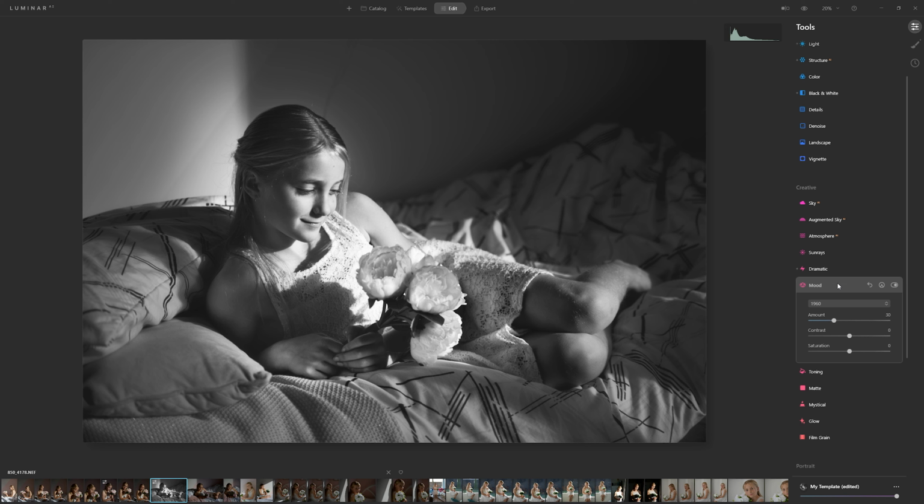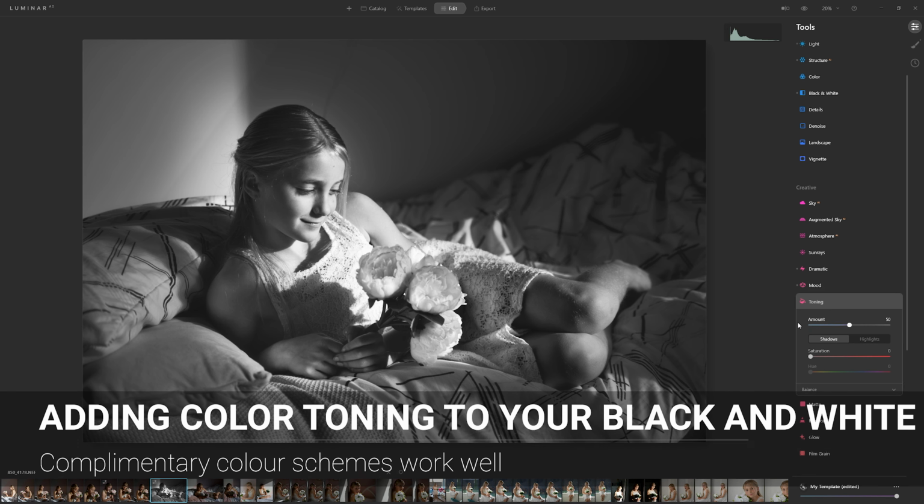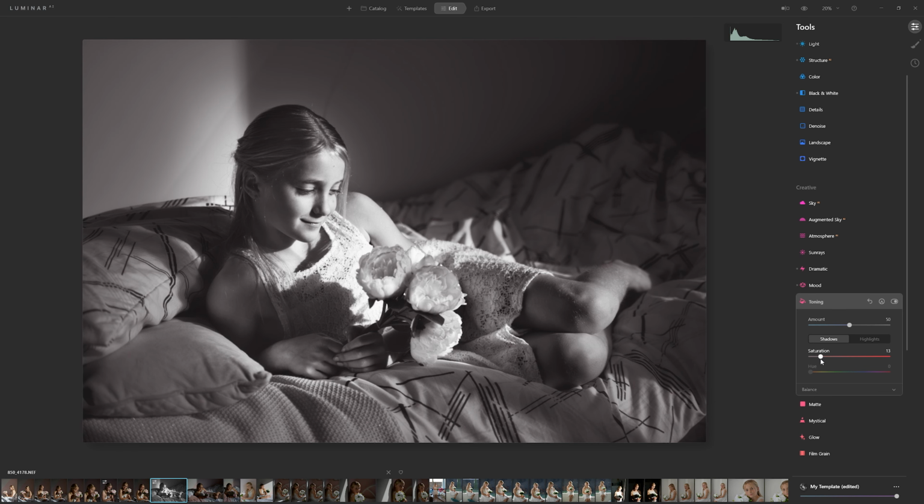If you do want to add a little bit of colour to a black and white, come to the toning section, and here you're able to add colours to the shadows and the highlights. So you may choose to just add some colour into the shadows, or you may choose to do both. And if I am changing both the shadows and the highlight colours, what I like to do is work with a complementary colour scheme. So I might go towards the blue tones for the shadows, and then when I'm coming into the highlights, I'm going to crank the saturation up, and then I'm going to choose a more orangey yellow